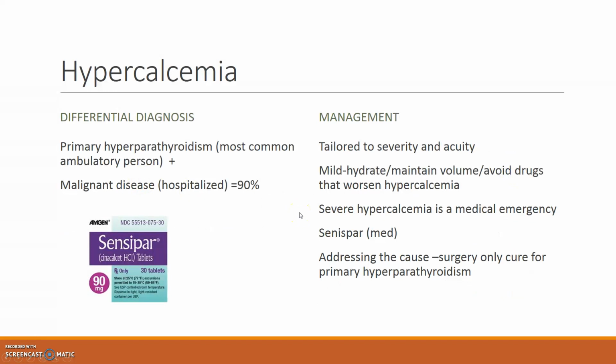Differential diagnosis when you're thinking of hypercalcemia is really primary hyperparathyroidism. It's the most common in the ambulatory person, and the other is malignant disease. And if you have a patient who has been hospitalized and they have hypercalcemia, 90% of them have some form of malignant disease. So in my experience in primary care,